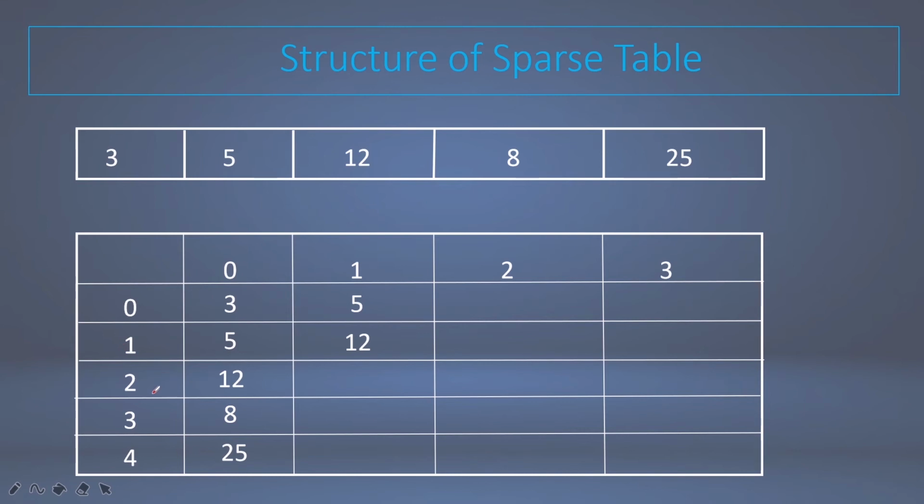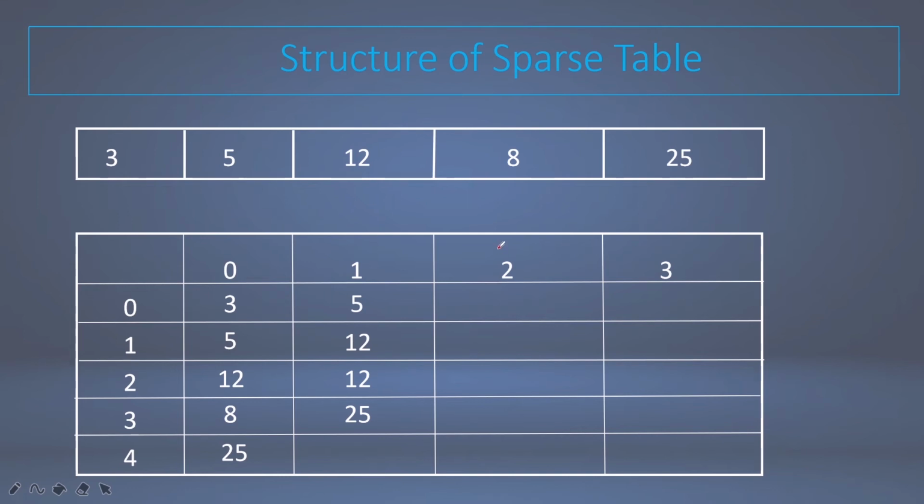Okay, in this way I will make from this position. This position will be the maximum of 12 and 8, so it is 12, and from this position it will be 8 and 25, so it is 25, right? From this position I can't make a block of size 2, right, because this is the last position, so there is no block of size 2 from this position. Okay, so then